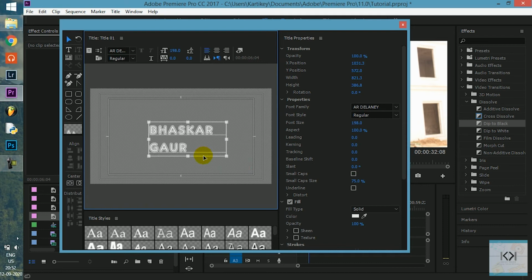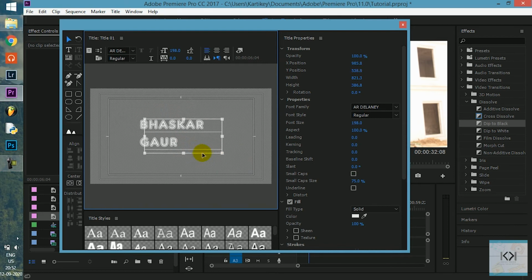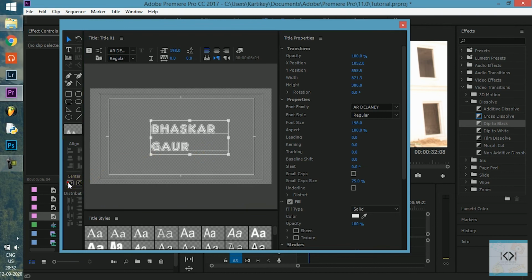While this selection mode is on, you can place the text box anywhere you want. We like it to be in the center, so we'll again press center horizontally, center vertically. Now you have created your text, and you can close this window.